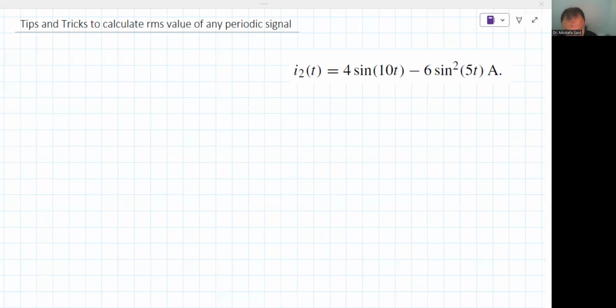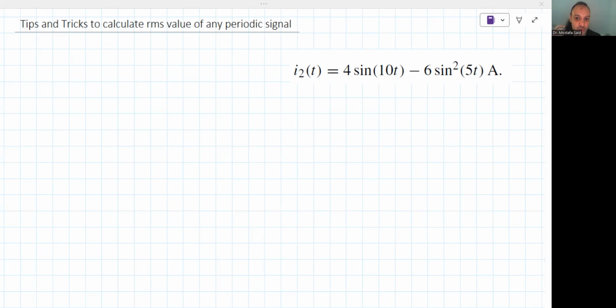So what is RMS? RMS is root mean square. It's a number that can represent an AC signal, a voltage or a current, for example. Okay, so we have an AC signal like a current. It's a sinusoidal wave. It's a variable with time. At zero, it's zero, and then goes up and goes down again, and so on. It's a periodic, varying signal. So it varies with time, but